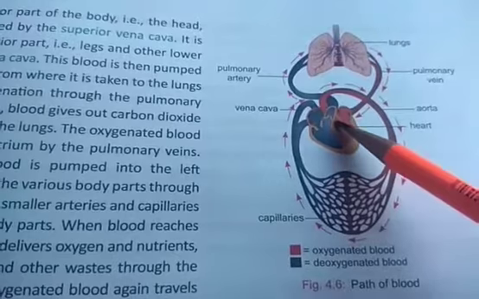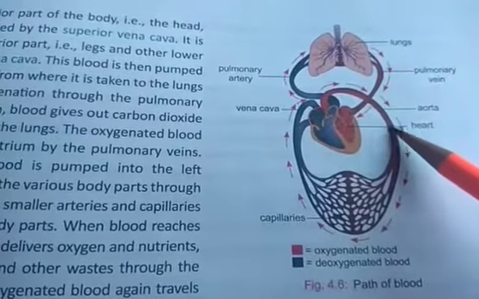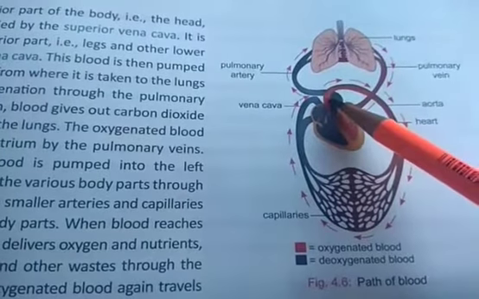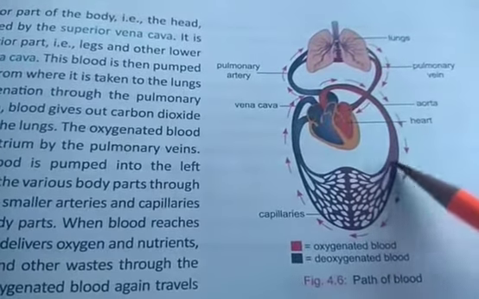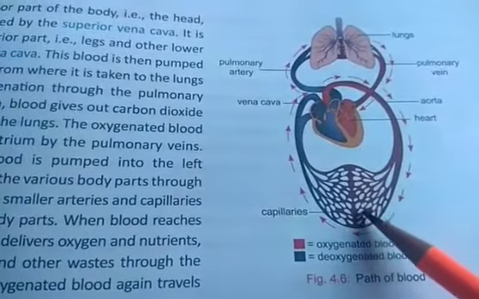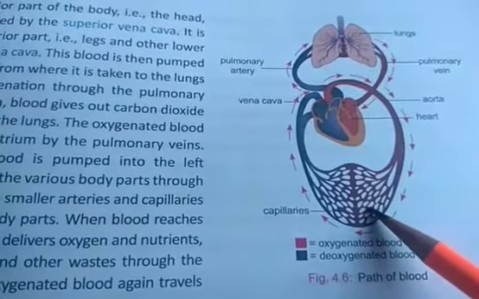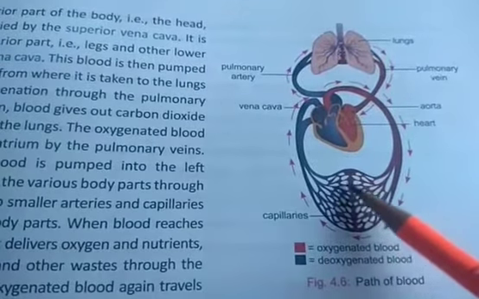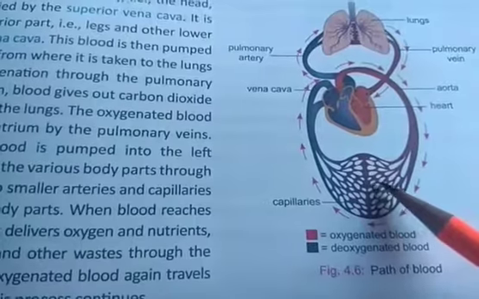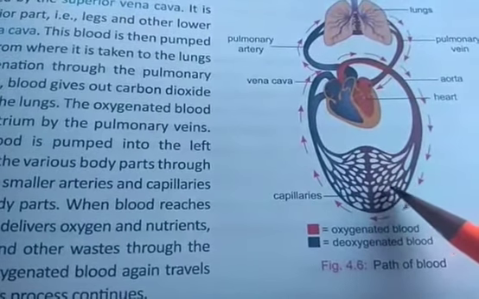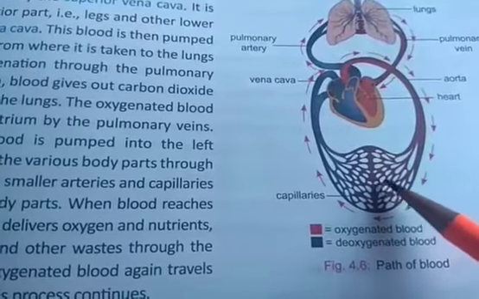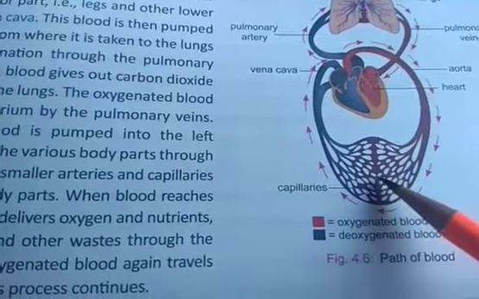From the left ventricle it will go to different body tissues. So here it is the aorta. Later on the aorta will get divided into so many arteries, and these arteries will be divided into so many fine capillaries. Okay, these are also blood vessels. So they are showing you the network of blood capillaries that is supplying the blood to all the body tissues. Okay, now the tissues will use the oxygen, and later on they will make carbon dioxide.